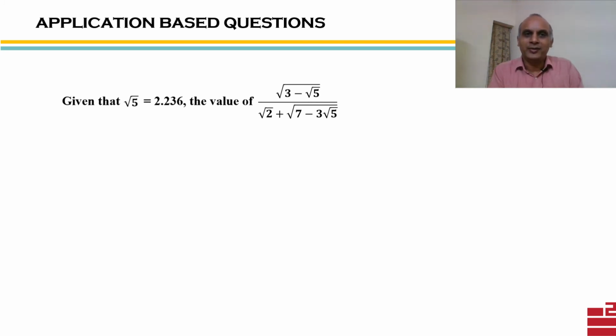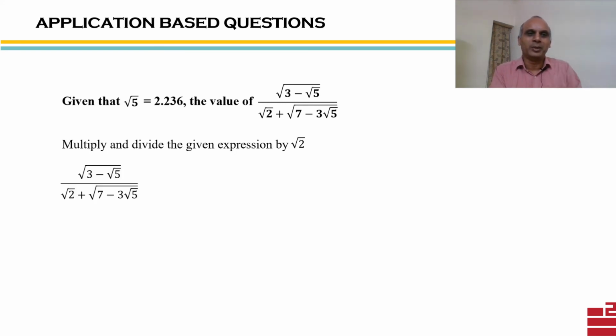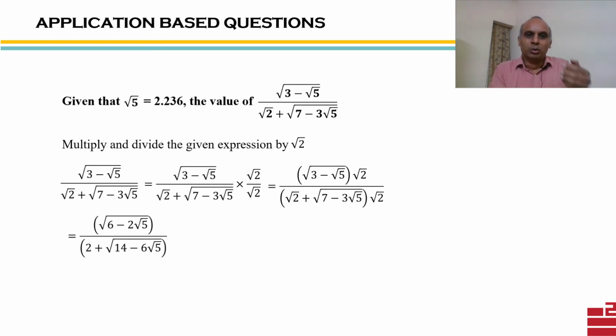Now this I feel is a little bit of a challenging problem for students, mainly because inside the root term, in the coefficient of roots for a term like root 5, we do not have a 2. The technique here is to multiply and divide the entire expression by root 2. So when we do that, we get like this.